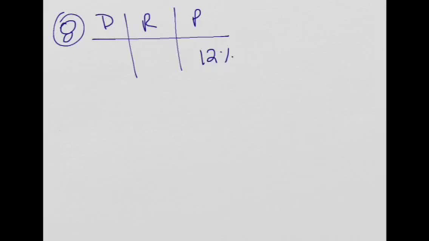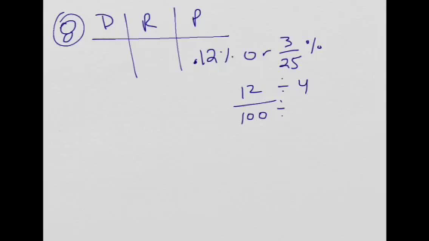And the last one is decimal 12%. Okay, and that is 3 over 25%. The way I found that is 12 over 100 can simplify by 4, and so that's going to give us